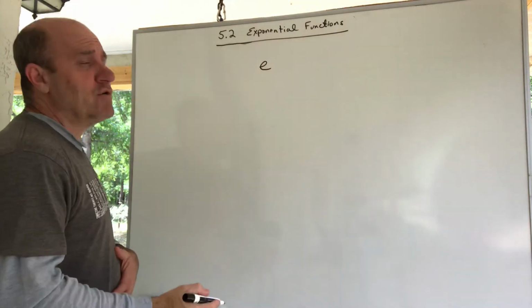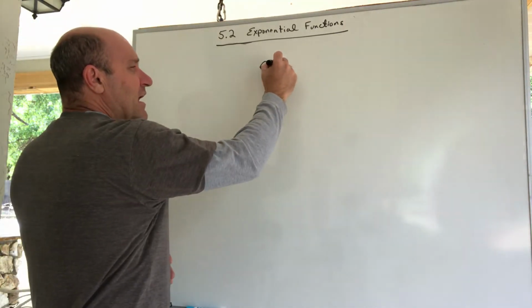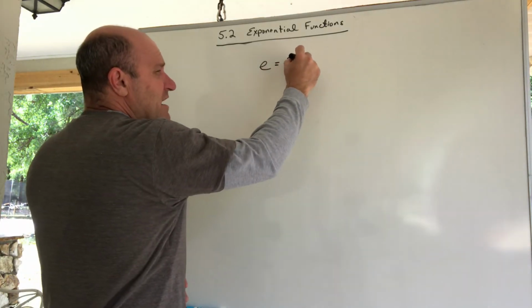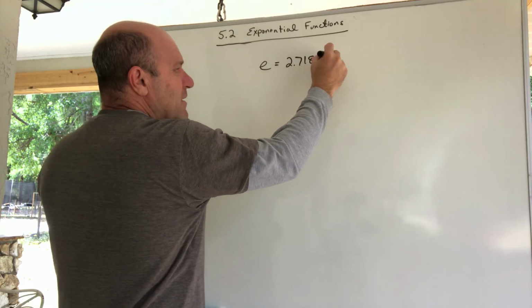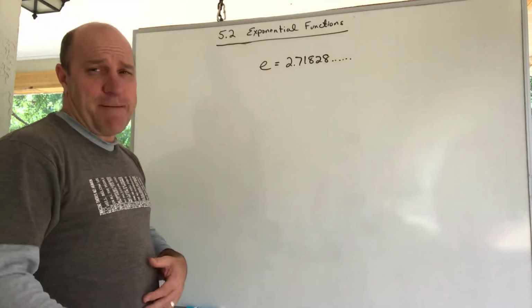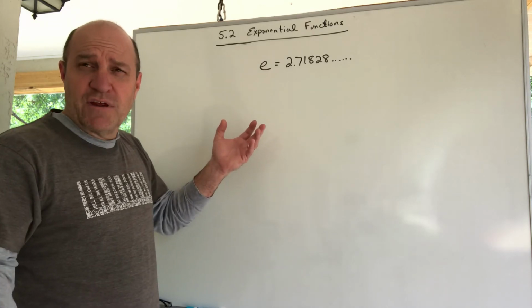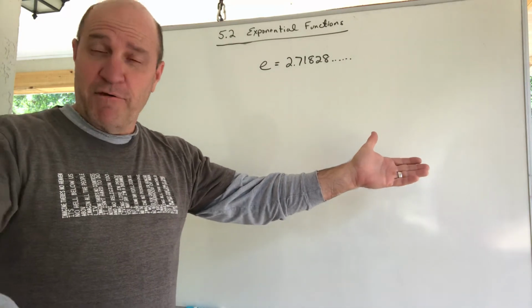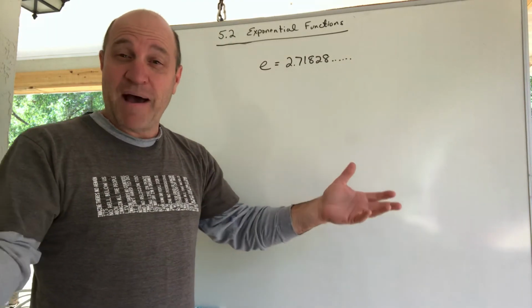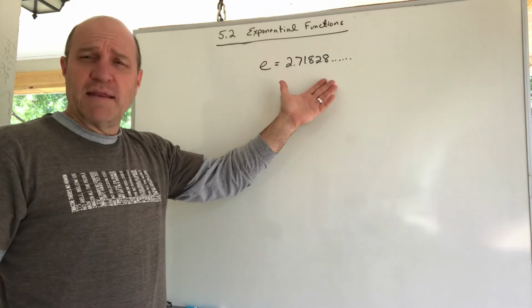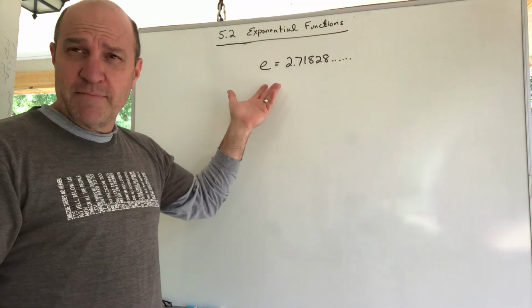So this may be new to many of you. e is a very famous number in nature. It's 2.71828, and so on. It's kind of like pi. Pi is a famous number in nature that has a decimal representation that goes on forever. We refer to it with the Greek letter pi. This is another famous number in nature, 2.718, that we refer to with this letter e,